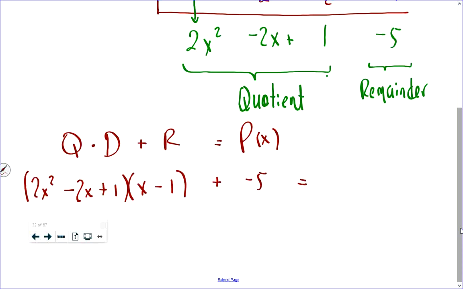And this is supposed to give us the original polynomial. So how do we go about multiplying that quadratic by that linear? We use the distributive property,